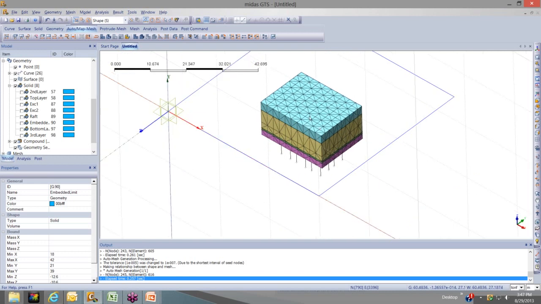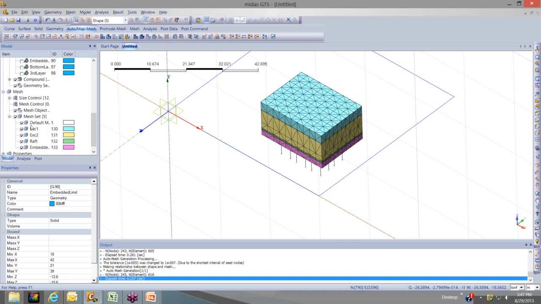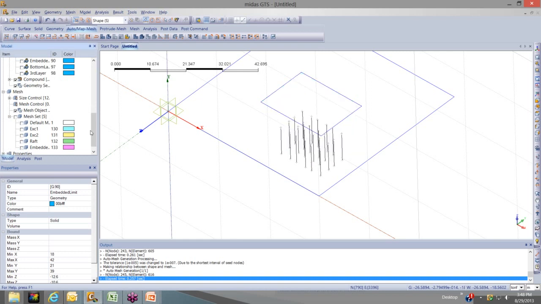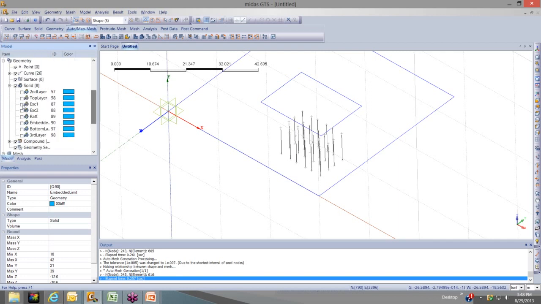And now what I want to do is create my mesh set for my retaining wall. So first, in order to do that, we have to turn off this mesh set. If you go to the work menu here to the left and open up the mesh option and open up mesh set, you see all of my mesh sets are available, and I named them all accordingly, so it's very easy to recognize which corresponds to which. So let's turn all of these off, and then let's turn on the solids again. So just go along here,